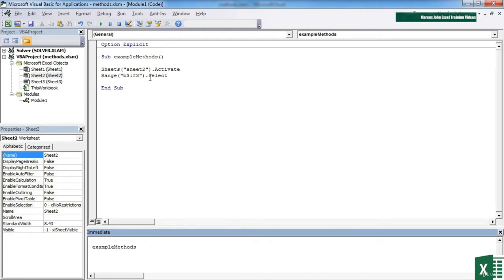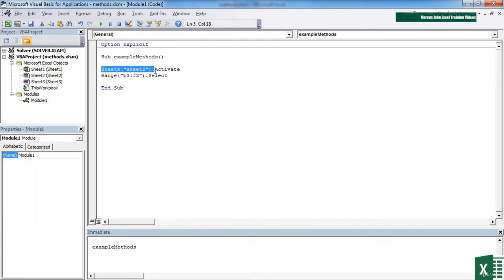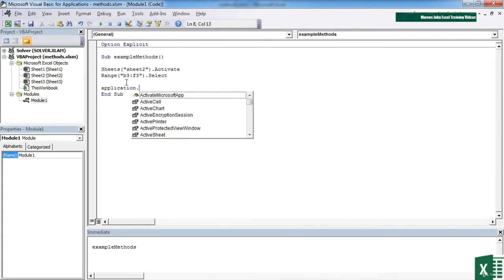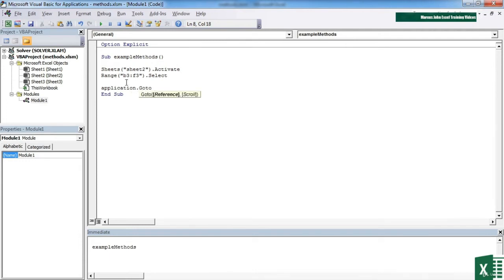What you cannot do is actually put this as a prefix to that. You can't say Sheets, etc. dot range, etc. dot select. That just does not work. We have to activate the sheet first, or we can use the goto command, which is actually a method of the application object, just to complicate matters a little more. So it's Application.Goto. You can see it's in the list there. And then we tell it to go to Sheets 1